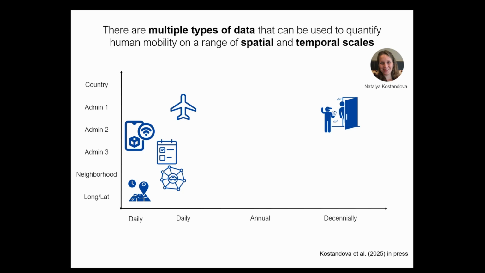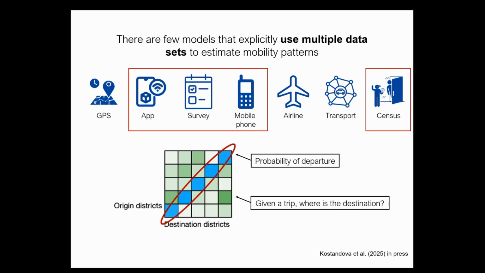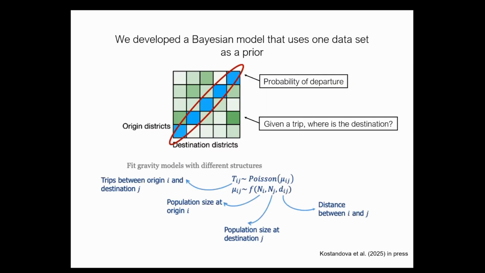You might have some things that are supposed to be not as biased and population representative, like the census, but they're not taking those on a very regular basis. And so what Natalia worked on is how can we combine these different data sets into a very similar model to the one that Noah's worked on, the gravity type model, of just trying to figure out how many people you would estimate are traveling, and then given that, where's their destination from these different data sets.